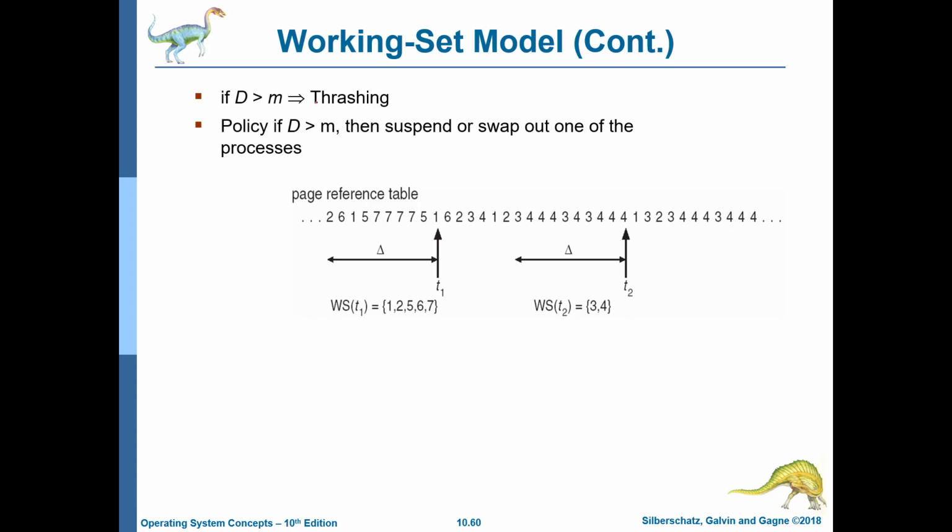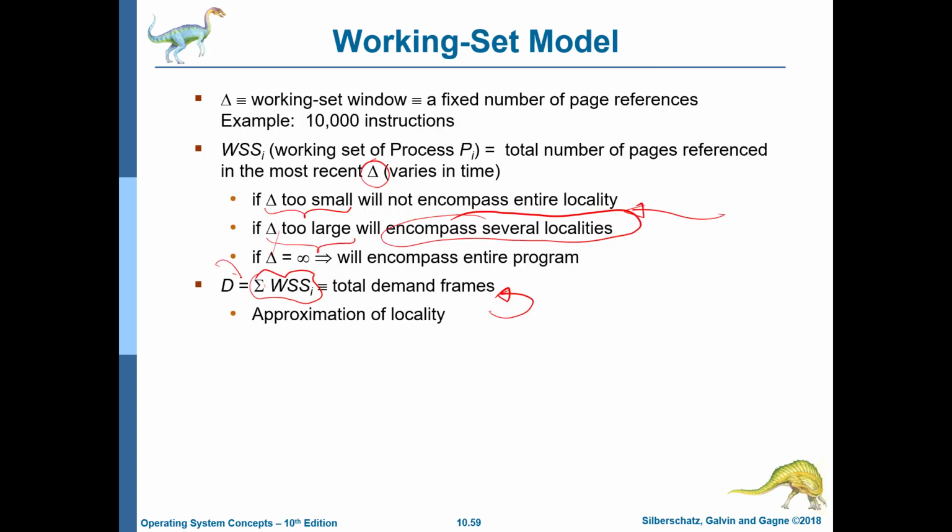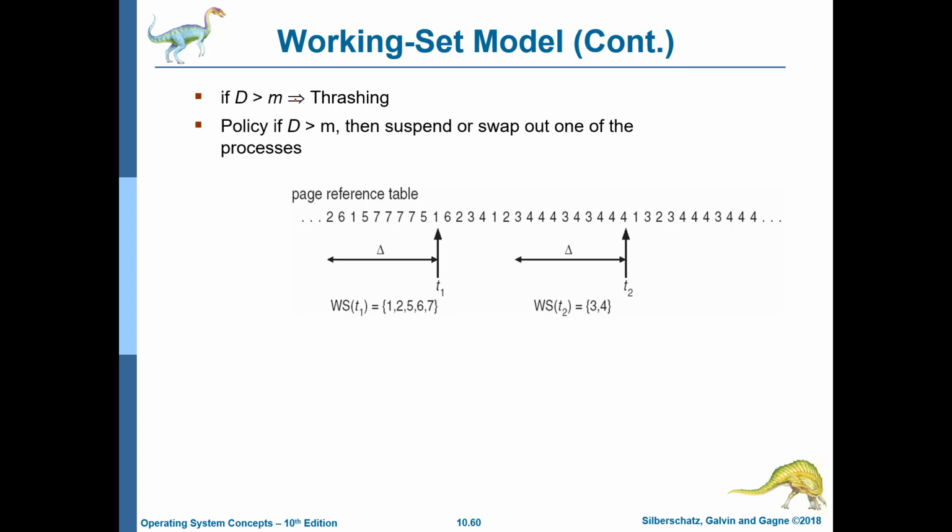So as I said, if D is greater than M, where D is this quantity, if this is greater than the memory capacity, then we'll have thrashing. So we can have a working set estimator algorithm where we can look at a steady state of a process and look at the number of pages it is accessing. And if we find D to be greater than M, then we can suspend one process or swap it out. Alright, so we can simply swap out the process at that point of time.